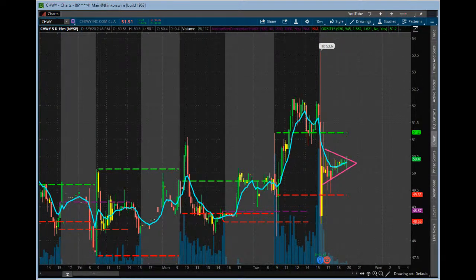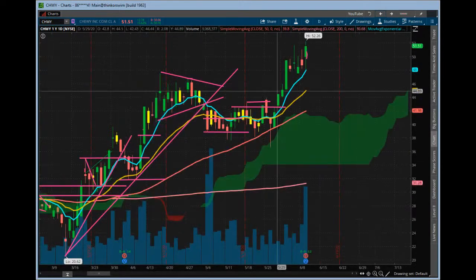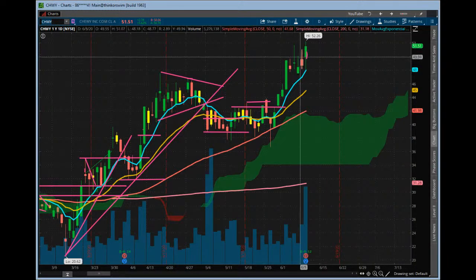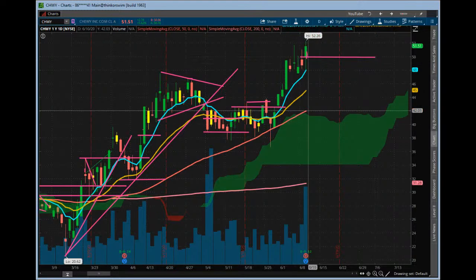But this has definitely been a fun one to trade recently. It's given a lot bigger candles, and definitely want to keep on the radar. It's on a few ETFs now, so let's kind of keep an eye on it and see how it goes after earnings tomorrow. Right now it's at $50, right? So it's barely, after hours, barely like gapping down at all. So we'll see if they chop it tomorrow, if we get a move. But don't forget tomorrow's Fed day too, so it might be choppy anyway.